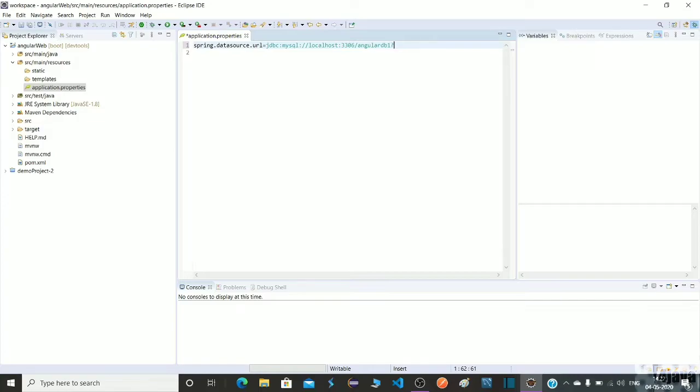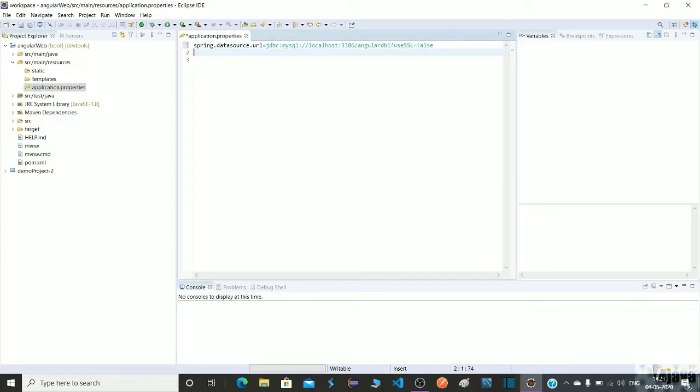It should match, otherwise it will show an error. I am also using useSSL=false. This line tells that we are not dealing with any production related database. Okay, we are hitting a local database. For that I am using useSSL=false, so it will work as a local database.